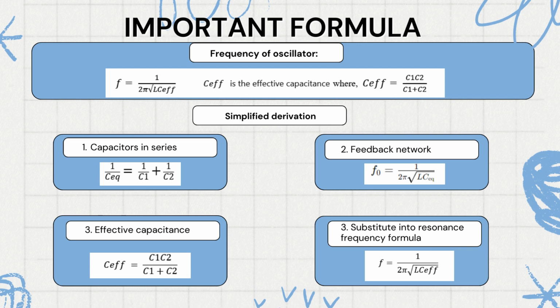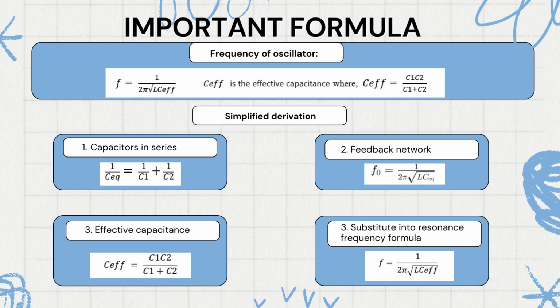The second is that the equivalent capacitance C equivalent is in parallel with the inductance L, forming the tank circuit. This forms a parallel LC circuit with resonance frequency FO given by FO equal to 1 over 2 pi square